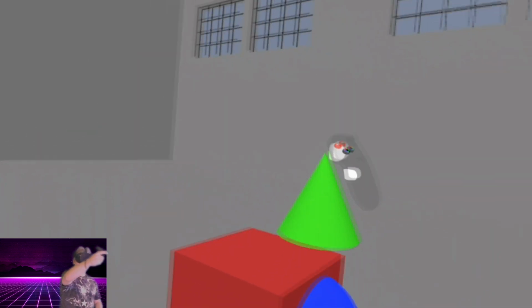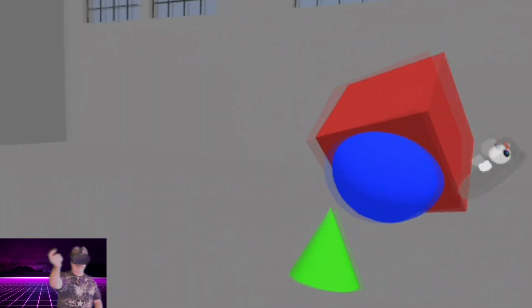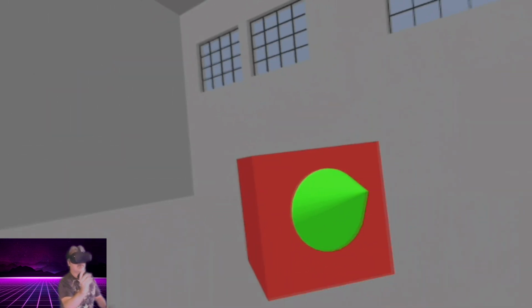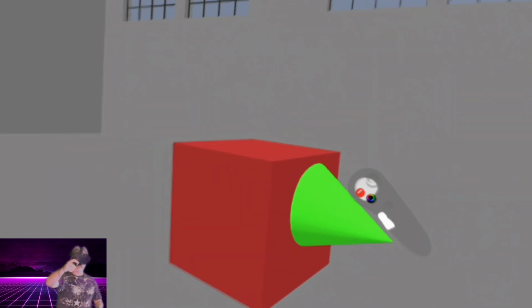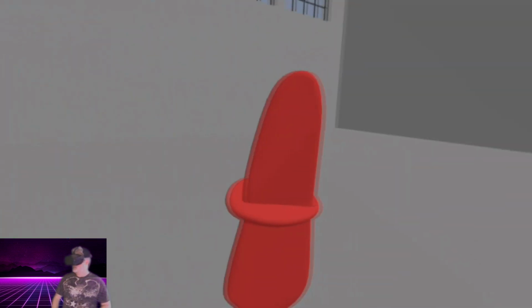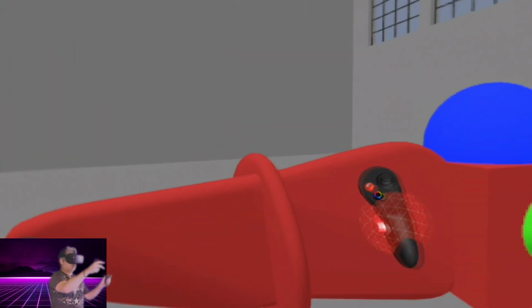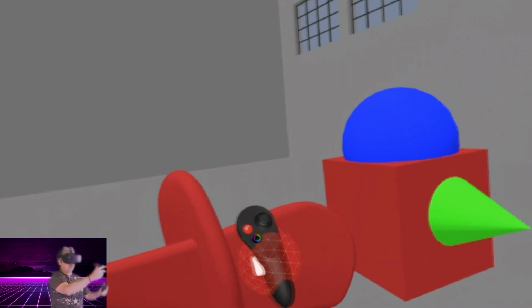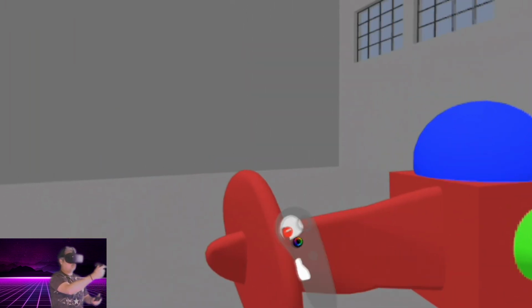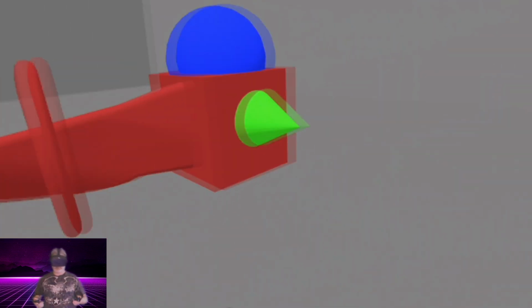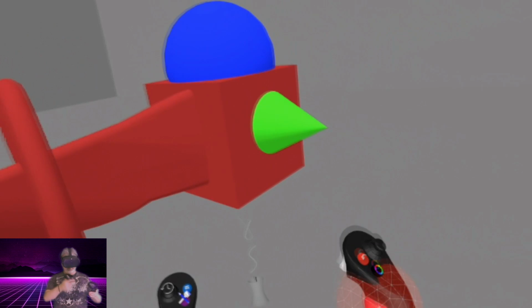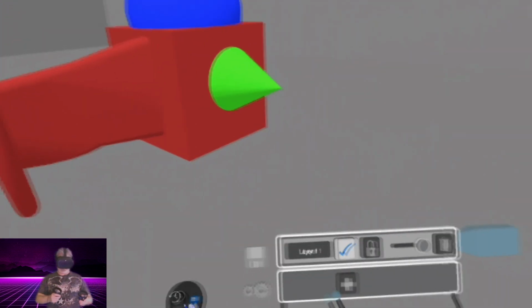Very cool. Now let's just have a little bit of fun manipulating objects here. Place the cone in here, move it around, position it exactly how we want, and there we go. Let's go ahead and take this object, move it over into our red box. Let's scale it down a little bit. And there we go. Looky there. I have no idea what this is, but, well, we made it.